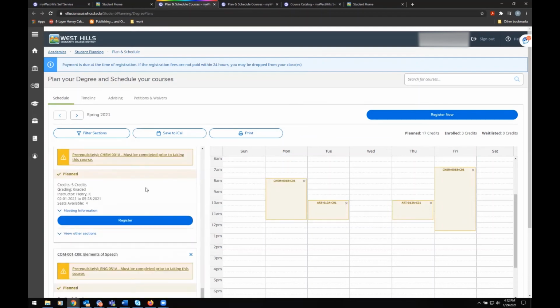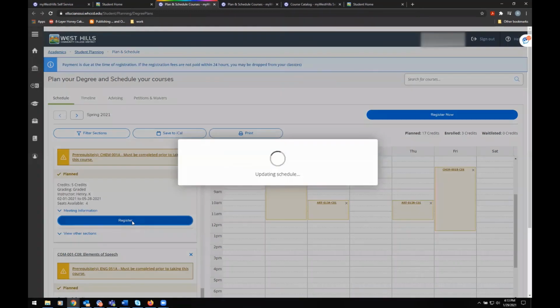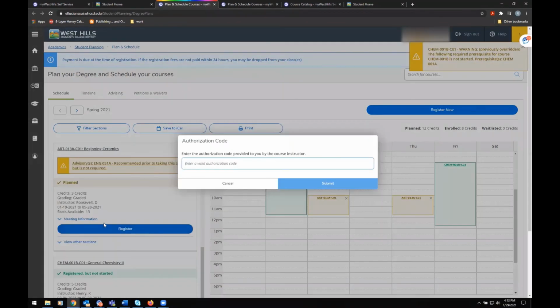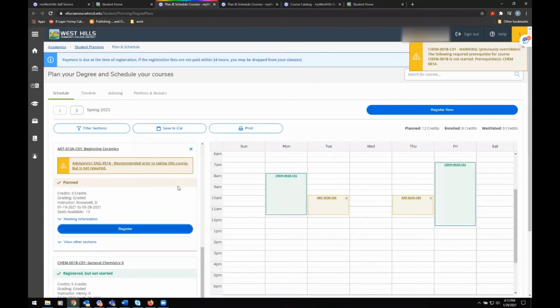If there's an error while you are registering for a course, that will also display on the upper right-hand side. For example, with this course, there is a prerequisite requirement. For courses that are already in session but still allowing late adds, you need to have the instructor provide an add authorization. They won't actually give you a code, but if you don't have an add authorization, this is the error that will display. You can hit cancel and then contact the instructor to request the add authorization.